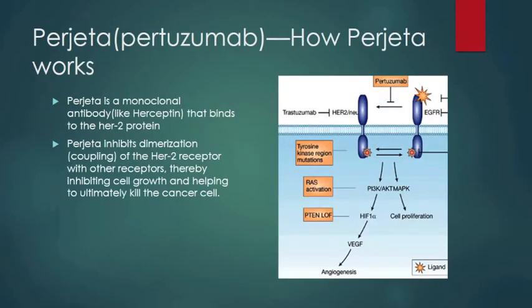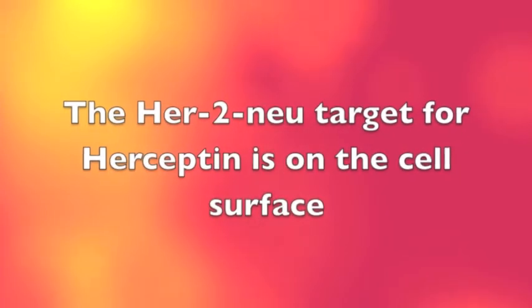How Perjeta works. As you saw from the previous video, the HER2/neu protein